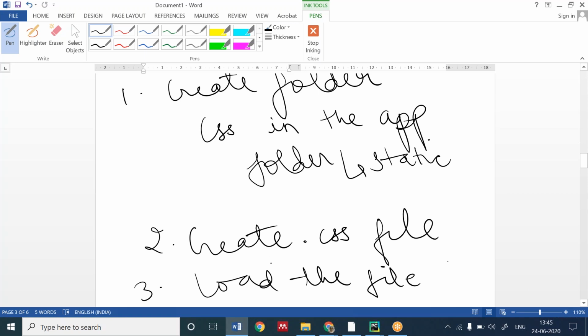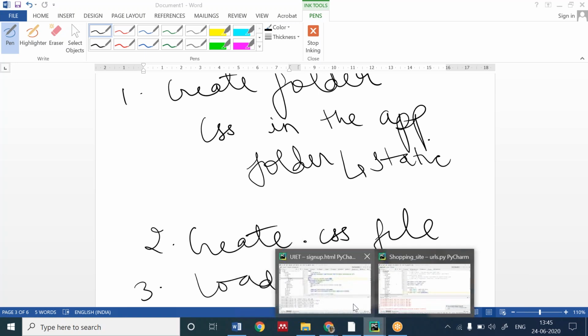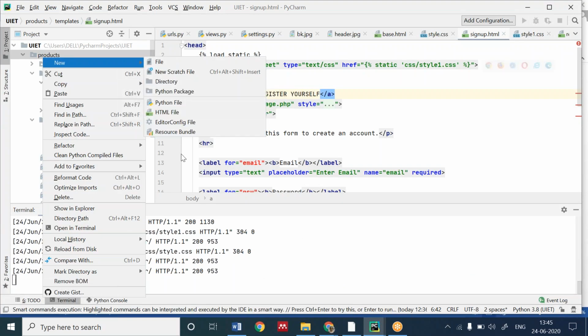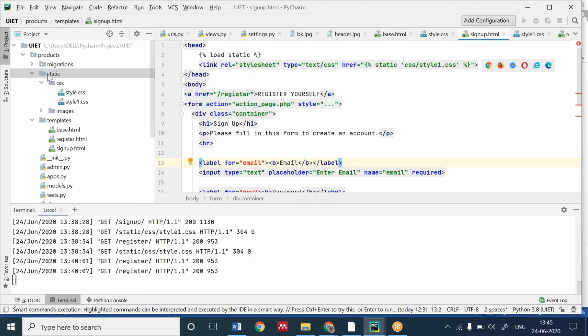In css, we have created a new file with .css extension. Then we have loaded the file. See how we have created it. We right click, create a new directory named static. In that, we have created a CSS folder. In that, we have created style.css.